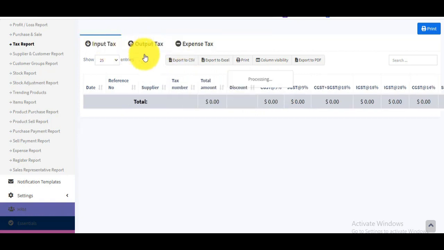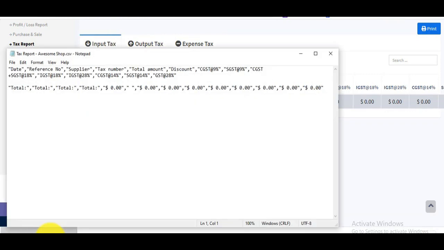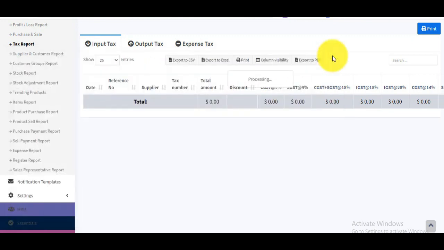Let me just export this one to a CSV, and you can see that the CSV will show you all the different things like the date, reference number, supplier, tax number, total amount, discount, CGST, SGST, CGST plus SGST, IGST. It will show all the taxes and all the invoice details here. So that's all in the GST